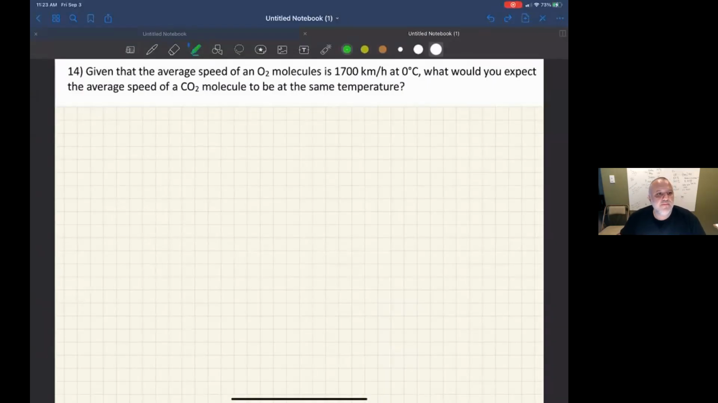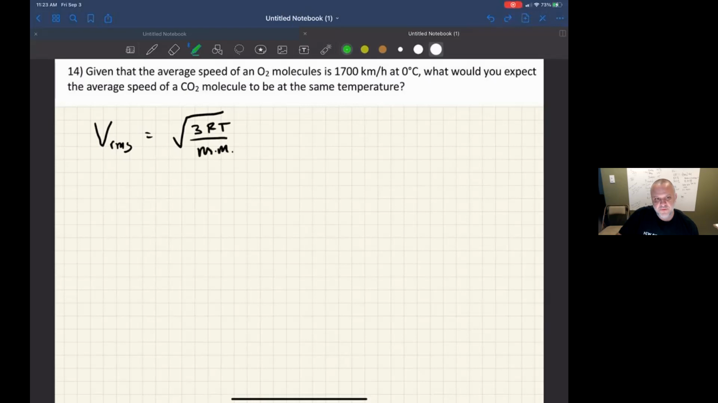Okay, so here's a problem that says given that the average speed of an O2 molecule is 1700 kilometers per hour at 0 degrees Celsius, what would you expect the average speed of a CO2 molecule to be at the same temperature? And so since it's at the same temperature, we can take this formula for the root mean squared velocity,